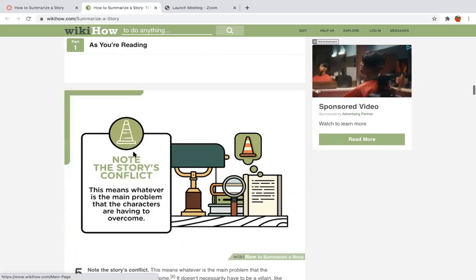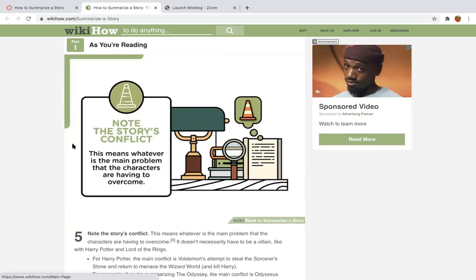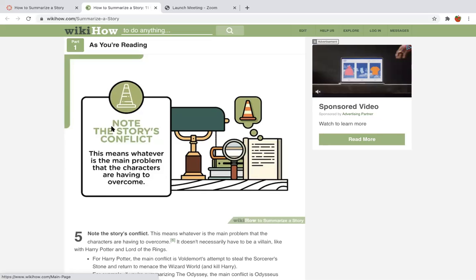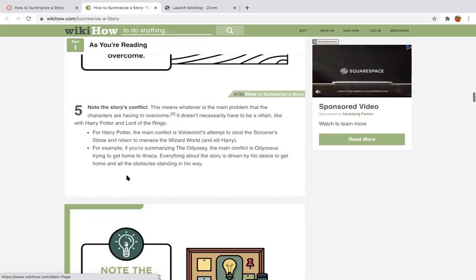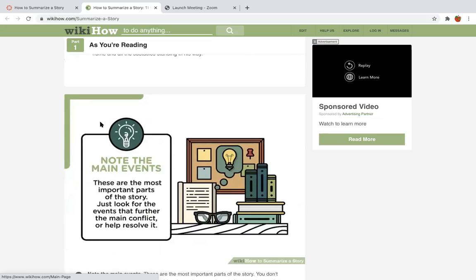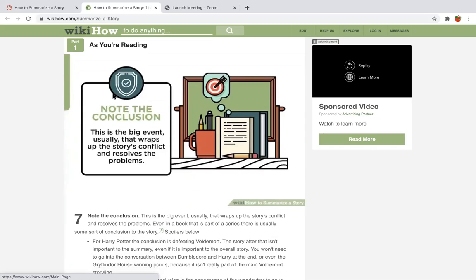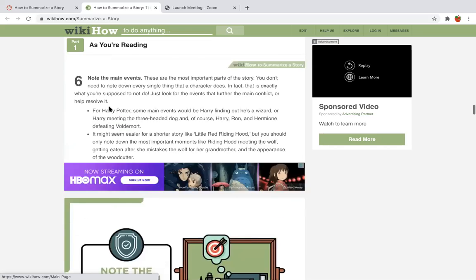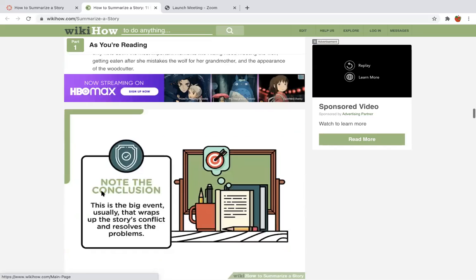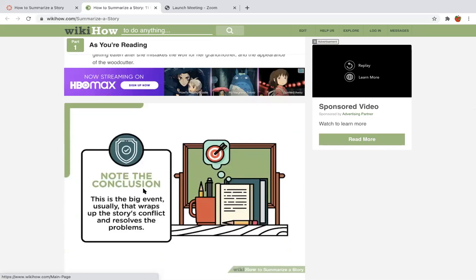Excuse me. What's the conflict? You're definitely going to need the conflict because that's all part of your synopsis. And then the main events, I believe that is your 3rd paragraph in your synopsis for this particular assignment. And then the conclusion, what happens at the end, like what's the climax,